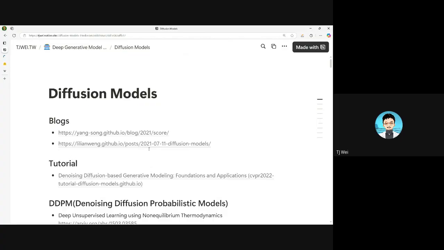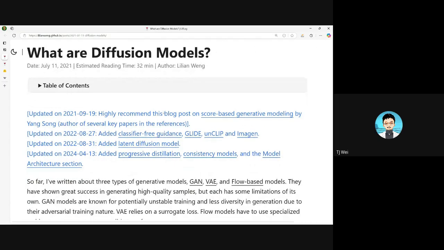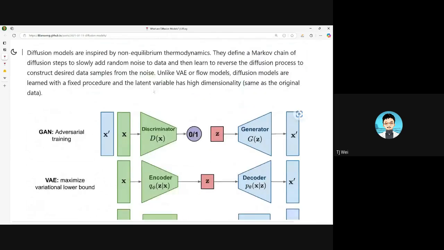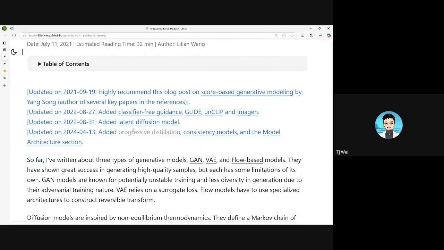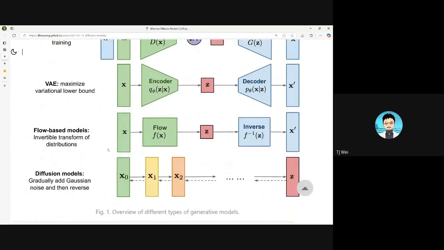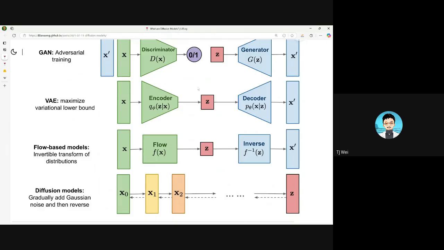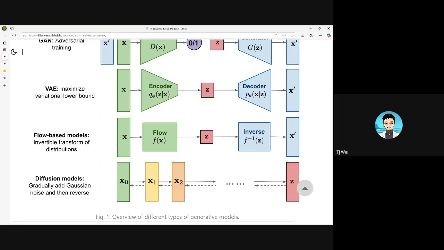So let's first check the first approach here from this blog post right here. Okay, so this one is a pretty good blog post, and it keeps being updated with many new, more advanced techniques. At the first, it has a pretty good graph comparing the diffusion model with other